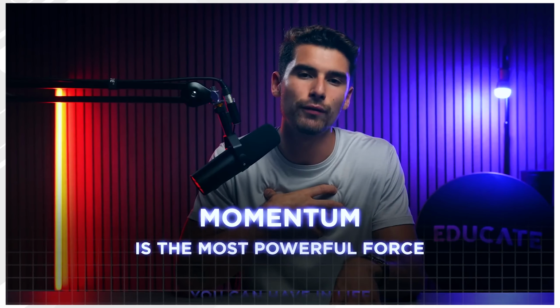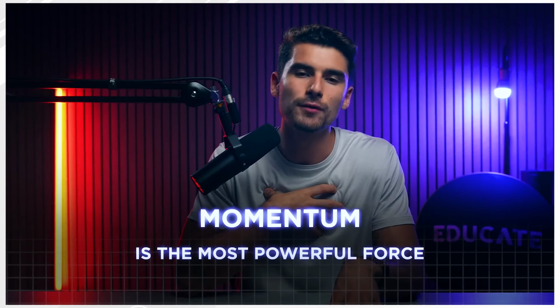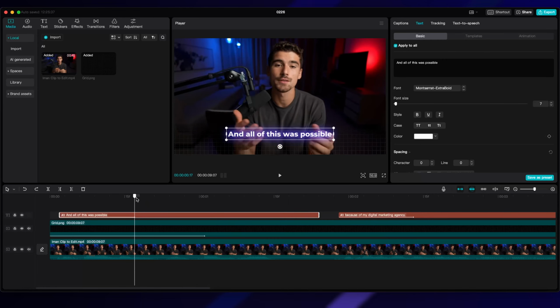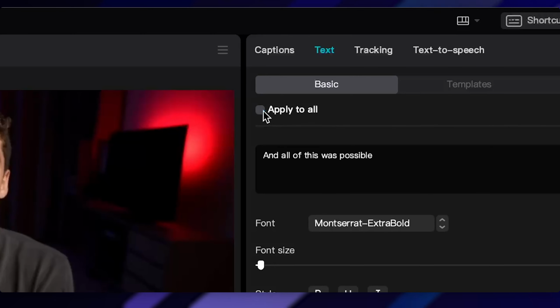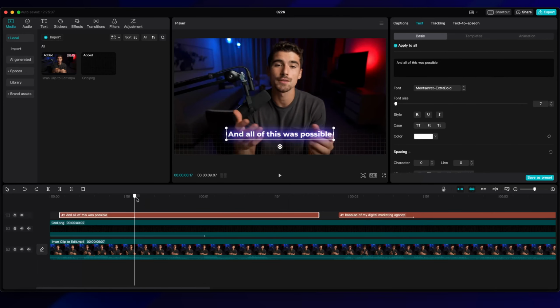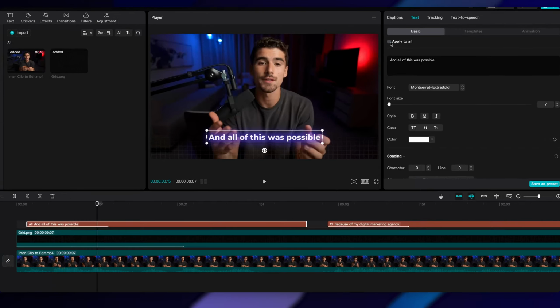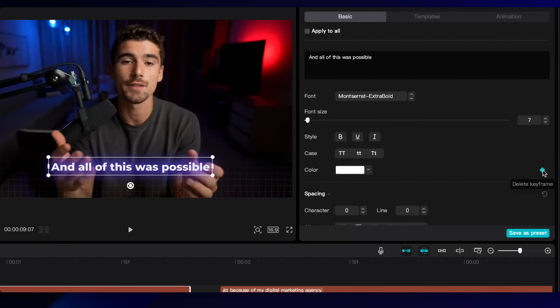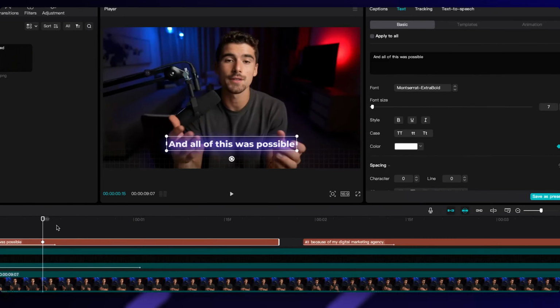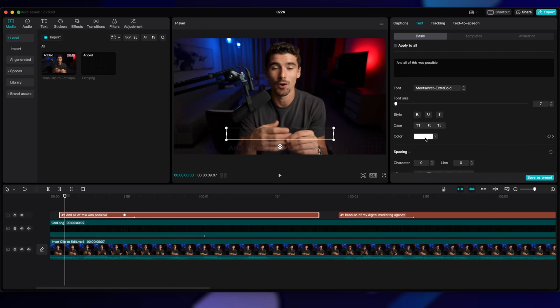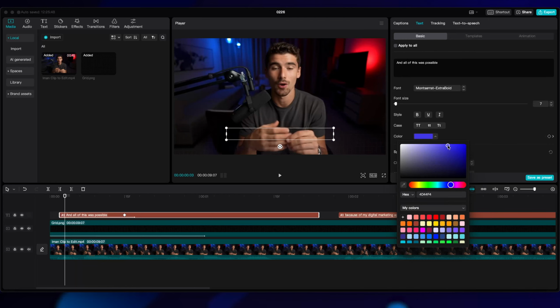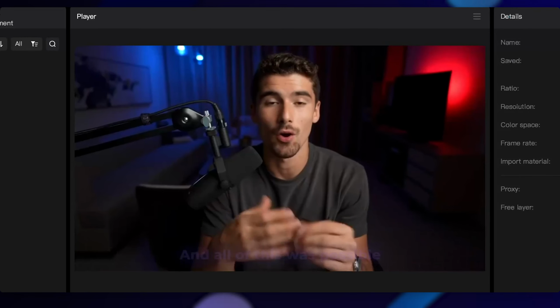But there's one more thing that we can really do to match Iman's subtitle style, and that's to have this gradient color change as the text comes up onto screen. To achieve this, just select one of the subtitle layers and uncheck the apply to all box. Now go to the end of the in animation where the text is stationary on screen and go back a couple of frames. Then in the color section, making sure this is set to white, click this little keyframe button. Now go to the start of that clip, and then in the color section, change that to a purpley blue, kind of matching that glow. And you'll see as we play back the clip, not only does the text fade up, but it also changes